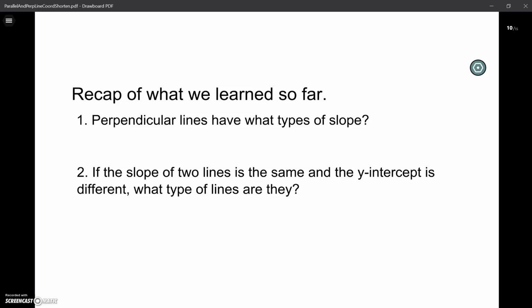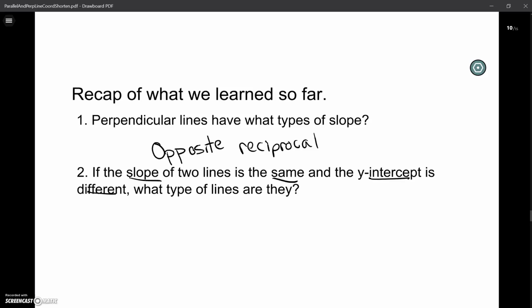And alright, so to get these two answers, perpendicular lines have what types of slopes? Well, they have opposite reciprocal slopes. And parallel lines: if the slope of two lines is the same, and the y-intercept is different, what types of lines are they? Well, these types of lines would be parallel lines, because remember, parallel lines have the same slope. And if their y-intercept was the same,